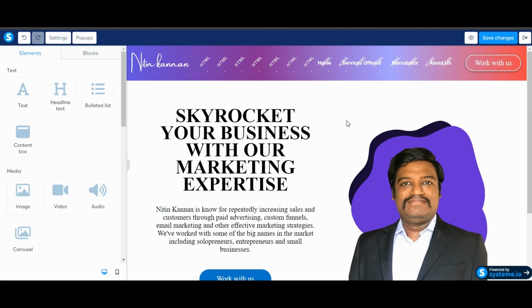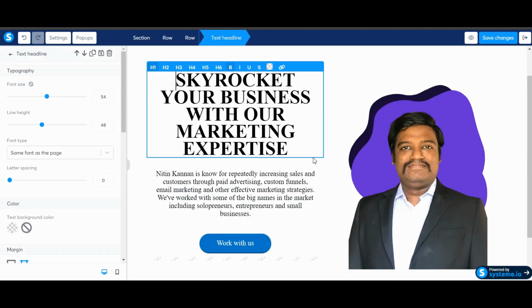In this video, we're going to add an animation to a button using CSS in system.io. So let's jump on in. As you can see, I'm inside my funnel editor and I'm going to be adding an animation to this specific